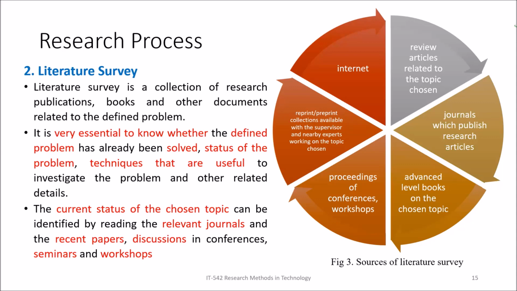The important thing here is not just collecting data, but collecting data of the current research, the current scenario. If you read old articles and old journals, many people have already worked on those, and doing the same thing again and again has no use. So just focus on the last 3-4 years, at most the last 5 years of data. Choose research books, papers, or topics from the last 5 years, and you can write your literature survey.